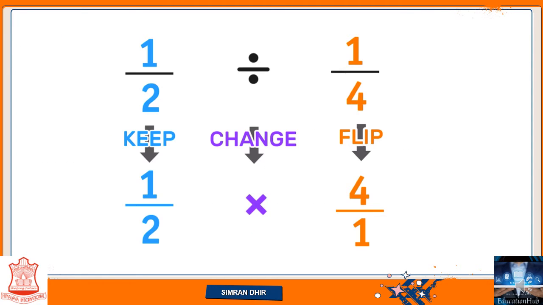Next is we can see how we did. For example हमें 1/2 को divide करना 1/4 से. So 1/2 हमारा as it is रहेगा. Division sign will be changed to multiplication sign and 1/4 को flip कर देंगे और reciprocal कर देंगे and it will be 4/1. So जब भी हम दो fractions को divide करेंगे, first number as it is, सेकेंड स्टेप क्या होगा, डिवीजन साइन को चेंज कर देंगे मल्टीप्लिकेशन साइन में एंड 1/4 का रेसिप्रोकल विल बी 4/1. So this is how we are going to do and then we are going to multiply both the fractions and get our answer. So हमें याद रखना है keep, change and flip is the short key to remember this.